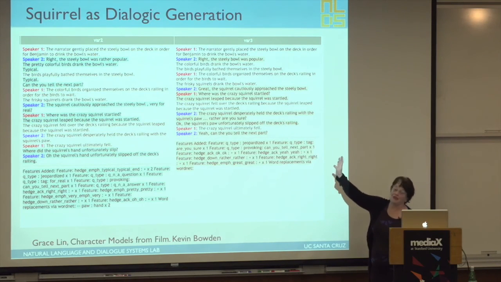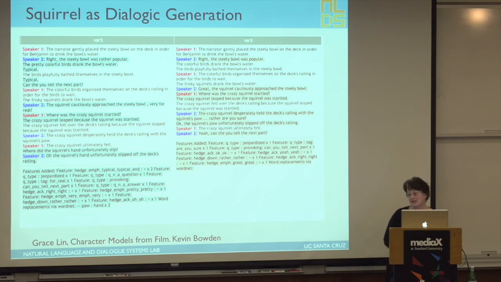And then we get these other, here's two other renderings that we get from the same thing because there's this kind of randomness in it. So this is